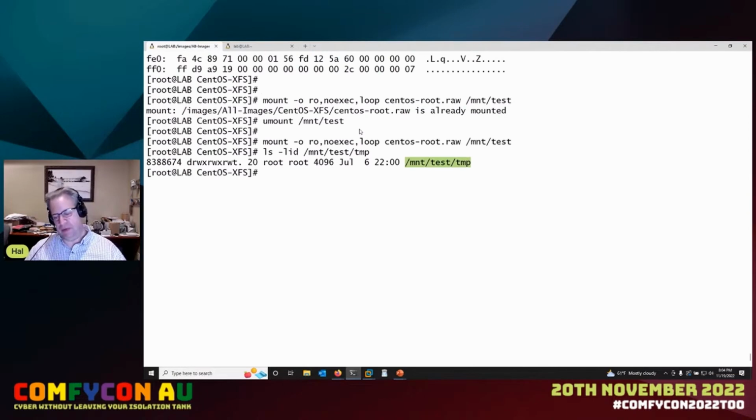So basically, what I did was I created an XFS file system. I made a file in temp. I deleted the file, and then I imaged the file system so that we could do this demo. So I've mounted that image on a directory called mount test, and so here's the mount command that I used,